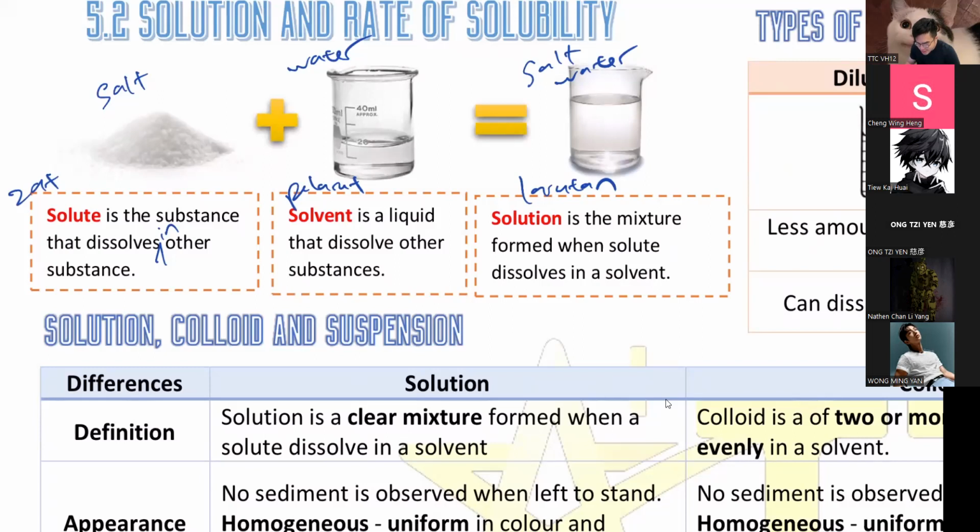Right. So solute and solvent, you will get solution. Salt water is a solution. Why is it not called solute? I don't know. That would be a very weird name, Gary. So just remember this as solid. Solid, solute, solid, solute. This is how I remember. Because solvent and solute, everyone will just